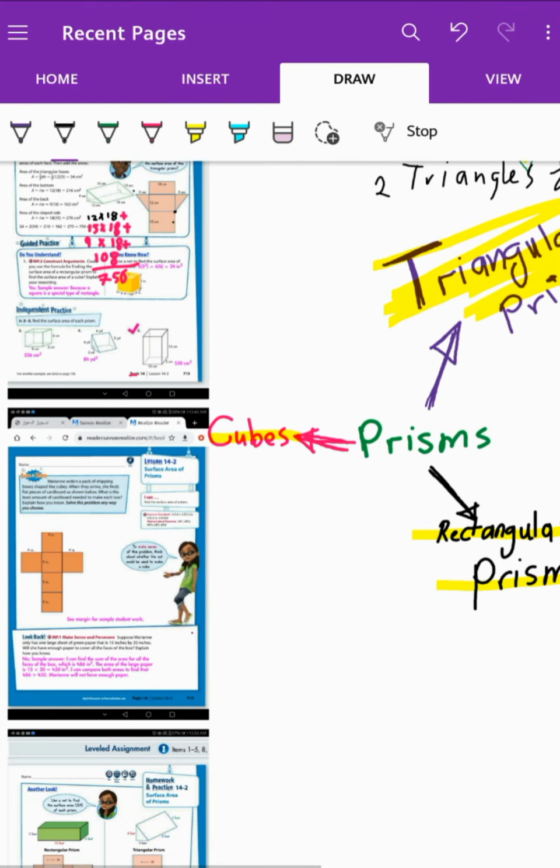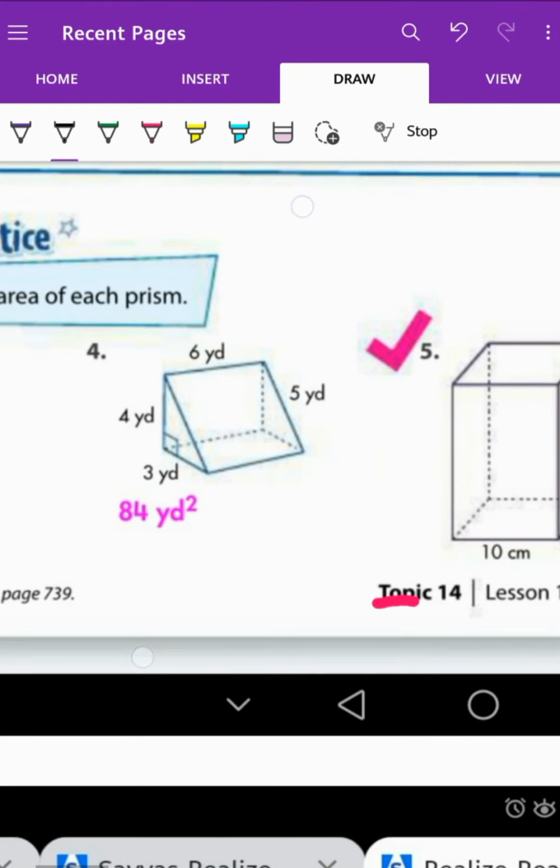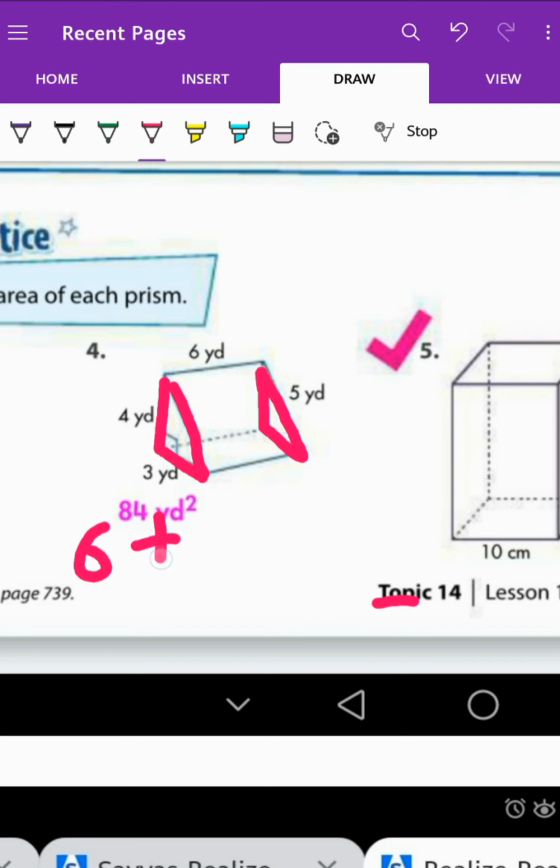Good. Come back here again. I find the area for the triangles. 3 by 4. This is the base and this is the height for the triangle. 3 by 4 over 2 equals 6. Okay, so this is 6 and this is also 6. We are done with the triangles. Now we find out the missing side for this one,